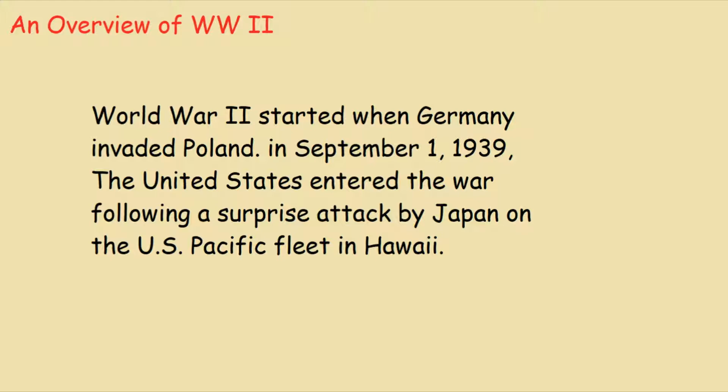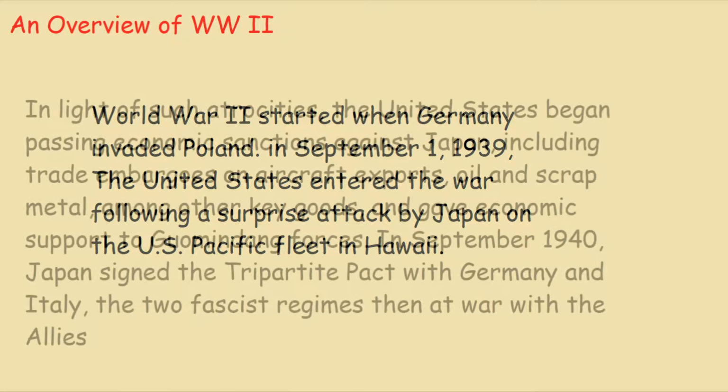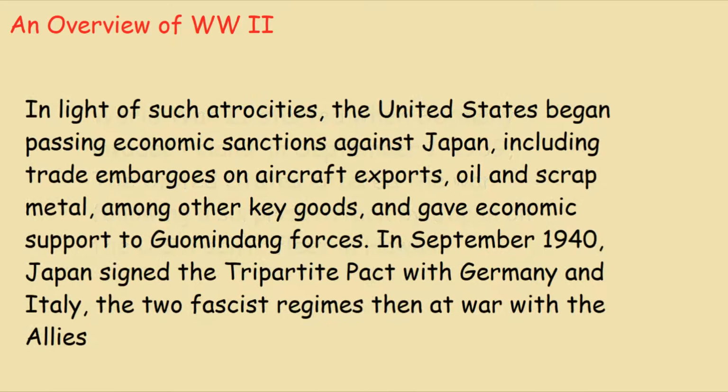And that started approximately during the 1930s, or maybe more precisely in 1931, with an invasion of Manchuria. So the United States was trying to stop Japan's global expansion. Therefore, they decided to pass economic sanctions against Japan. So the United States began passing economic sanctions against Japan, such as these economic sanctions were related to aircraft exports,